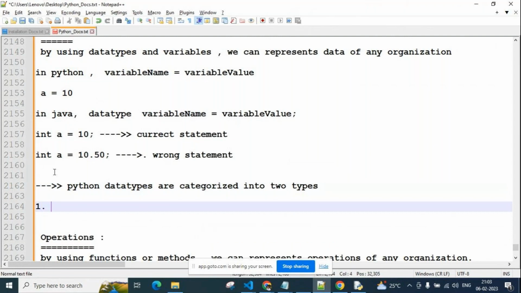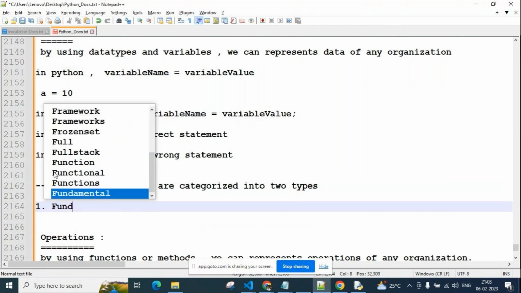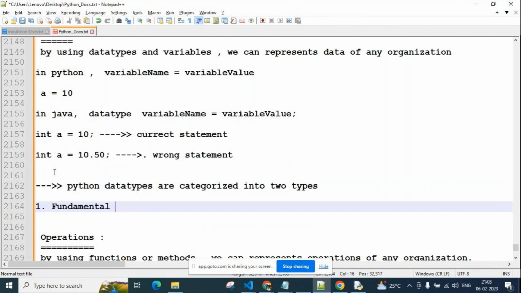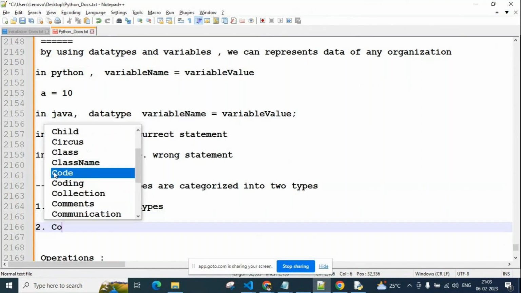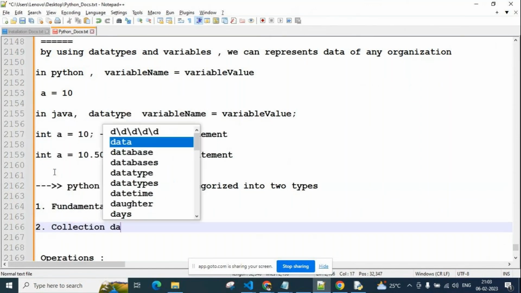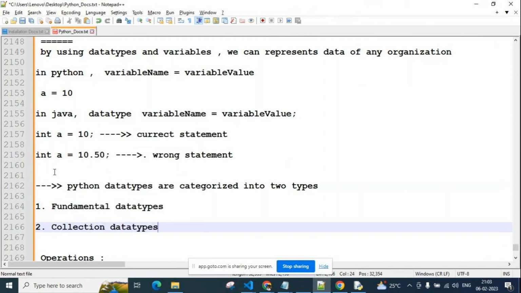One is fundamental data types, and another one is collection data types, guys. Collection data types.